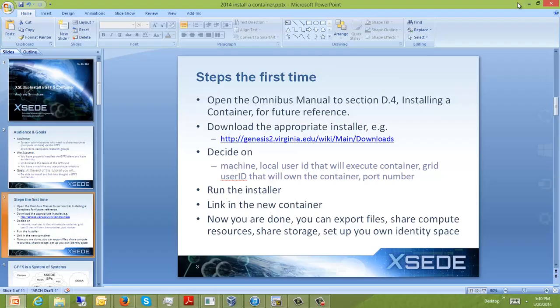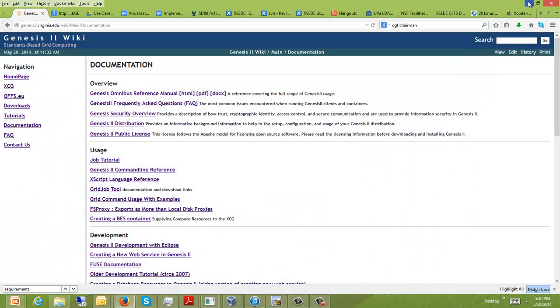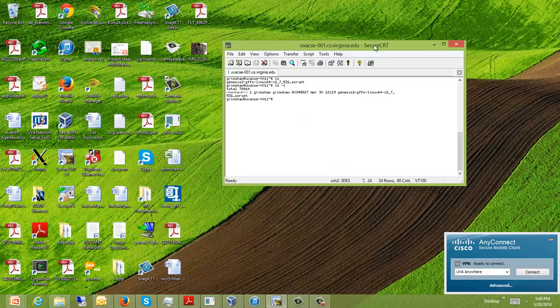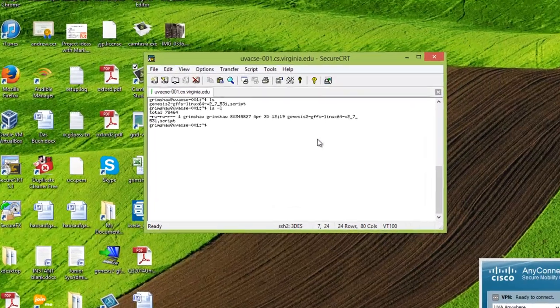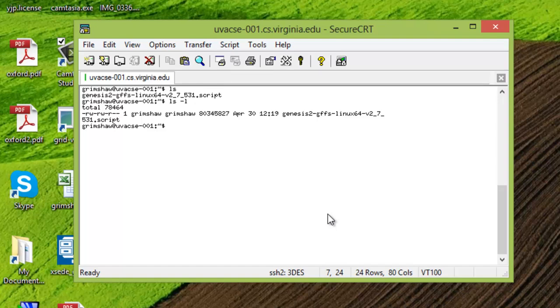Let's get on with it. We'll close this out. We'll close that out. This is the Linux machine that I referred to. This is a machine in Virginia. I happen to be right now in Germany, so some of the X Windows operations will be a little bit slow. I just a moment ago downloaded the installer, version 2753, onto the machine,